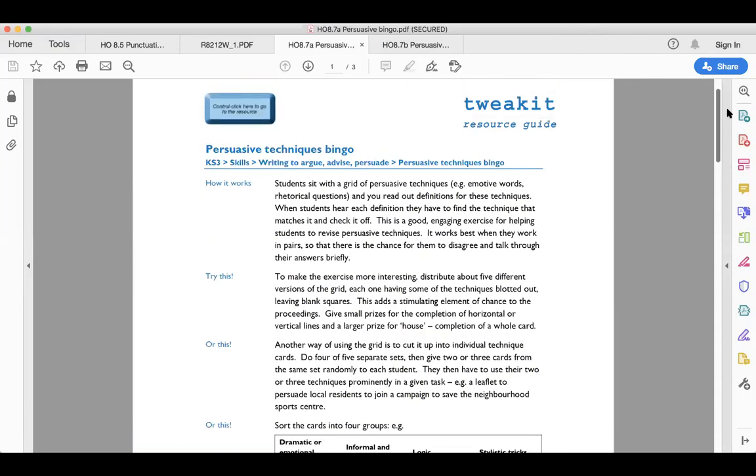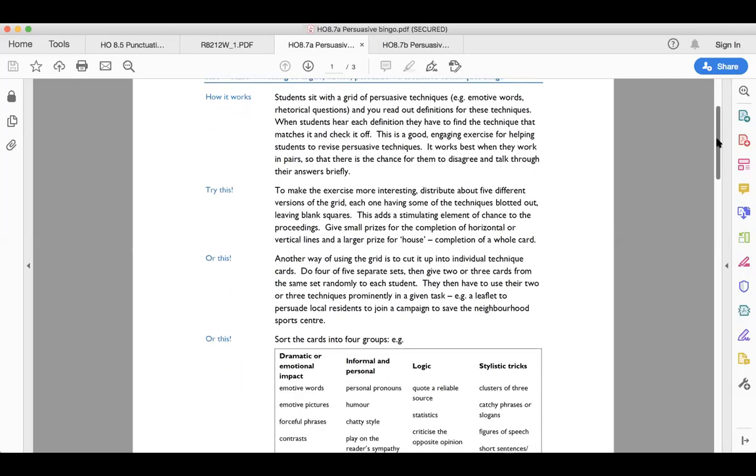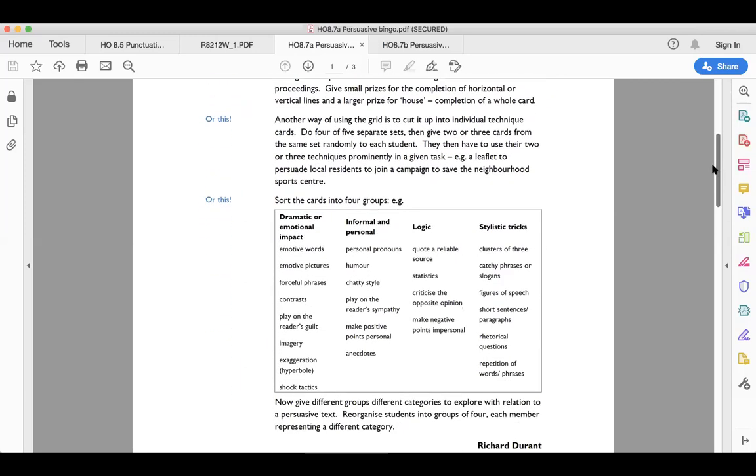Anybody played persuasive techniques bingo by any chance from Tweak It? Anybody, yes or no? Okay, fantastic. Okay, no worries. So it comes from Key Stage 3 work, but it's really helpful for functional skills as well